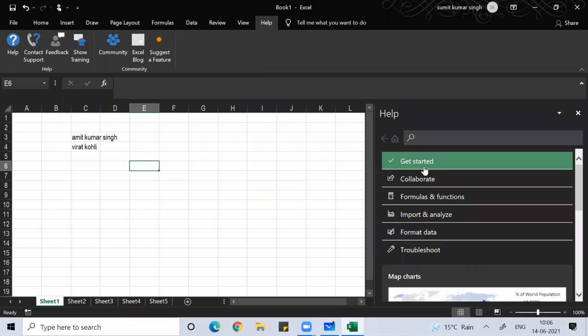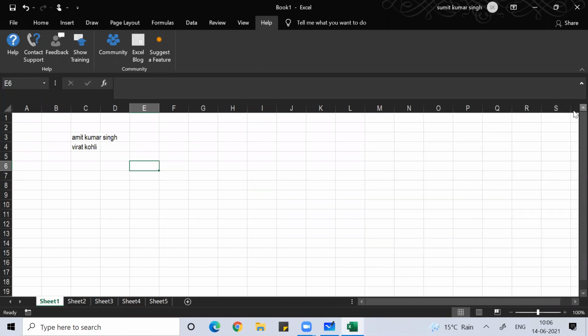The Help feature will definitely help you clear any doubt in case Amit sir is not there with you. This Help feature is made for you people, so that you can ask for help.